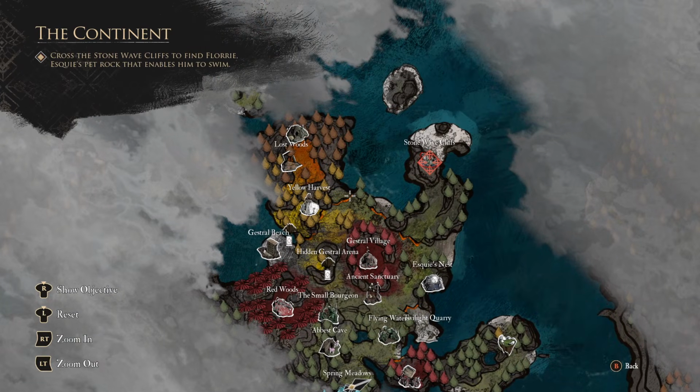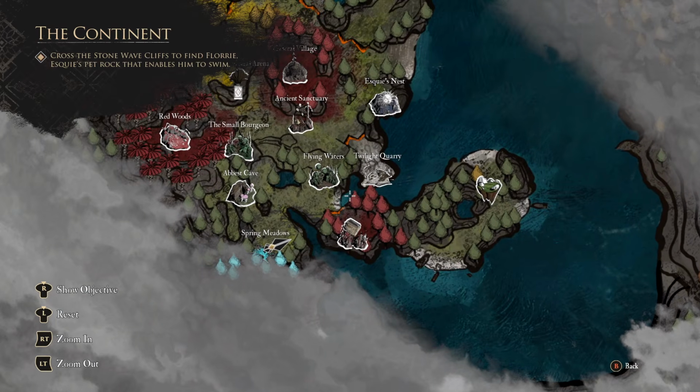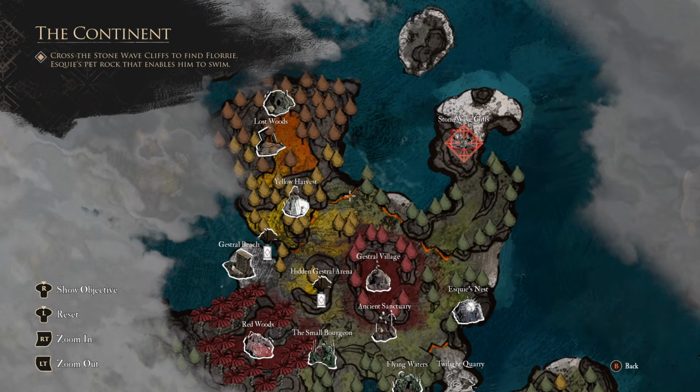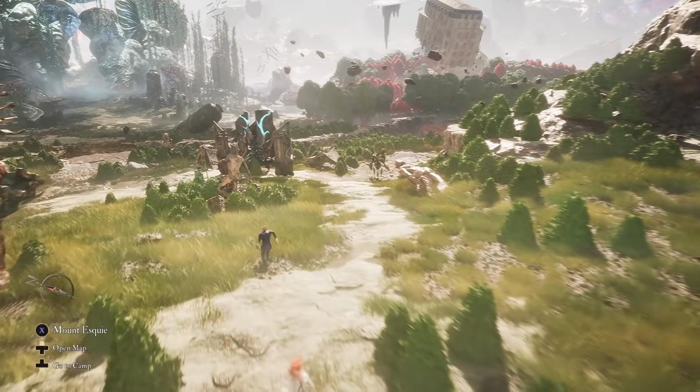So let's head over to the Stonewave Cliffs. Actually, maybe over here. Okay, yeah, I think you can tell where you've been so far because those parts of the map have names. So we still need to try to go over here, actually, if it lets me. Now that I have the ability to...